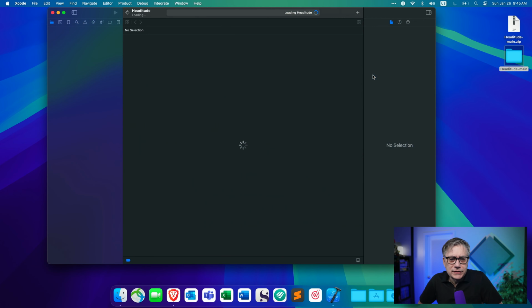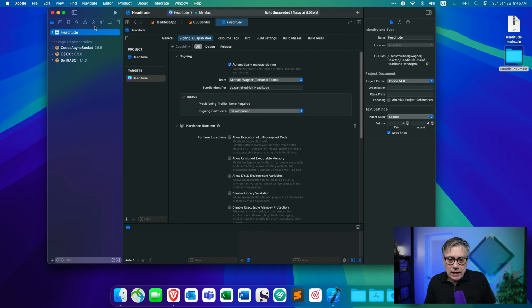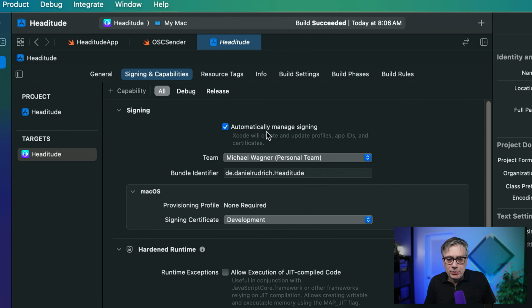Now, if you open that for the first time, there are a couple of things that you need to do, and most importantly, the system will actually ask you to log in with your Apple ID. So essentially what you need to do is in the signing and capabilities under the team tab, and once again, it's actually going to warn you that that is missing if you have not set that up yet. You need to tell Xcode your Apple ID. You can do that with a free Apple ID. However, be aware that with a free Apple ID, there are certain limitations, and I'm going to come back to that later. Then in the provisioning profile and signing certificate, you need to select one of the two options. You can either sign it to run locally or you can sign it with a development certificate.